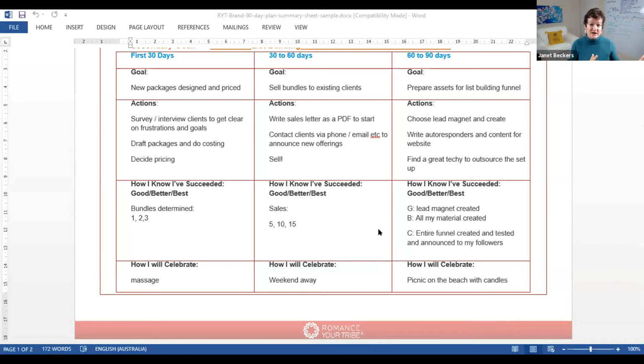For this particular client, we worked out the best thing that she could do is to create a PDF sales letter. And I'll show you the one that I use myself, that I have made hundreds of thousands of dollars of sales with just this one PDF, okay? You don't need to have the full-on sales page. Crazy from somebody that shows you how to do all of that stuff, but I just want you to get it out there, okay? So for her, that's what we've done.